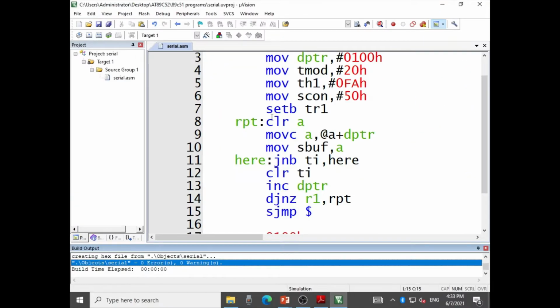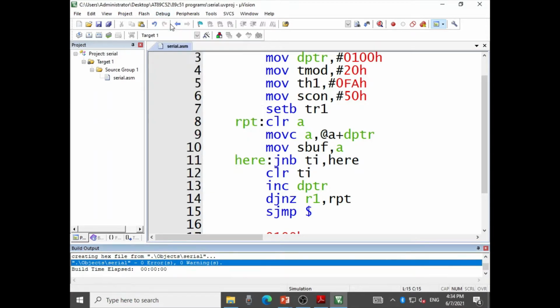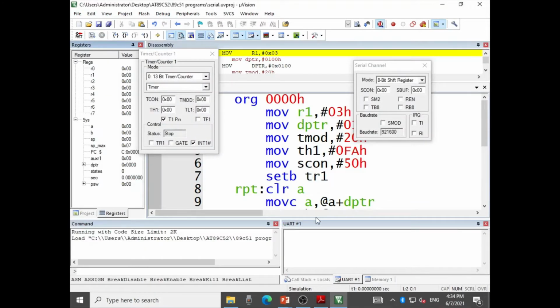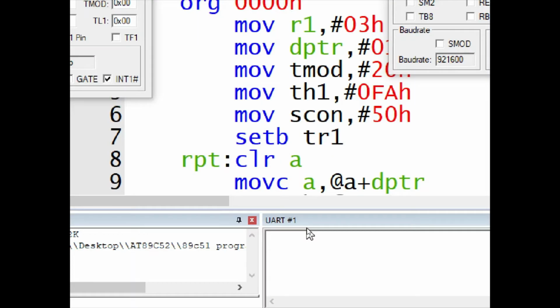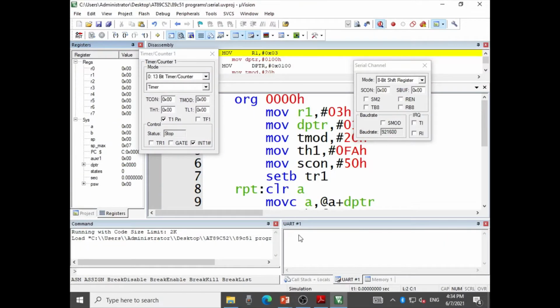What is the next step? The next step is to simulate the program. For that purpose we have to start debugging. Debug, start debug. Click OK. Now this window is to be observed, and YES should get displayed here when I run the program.